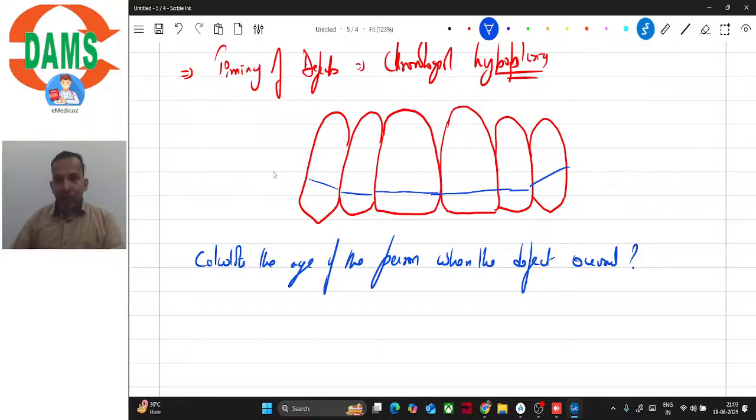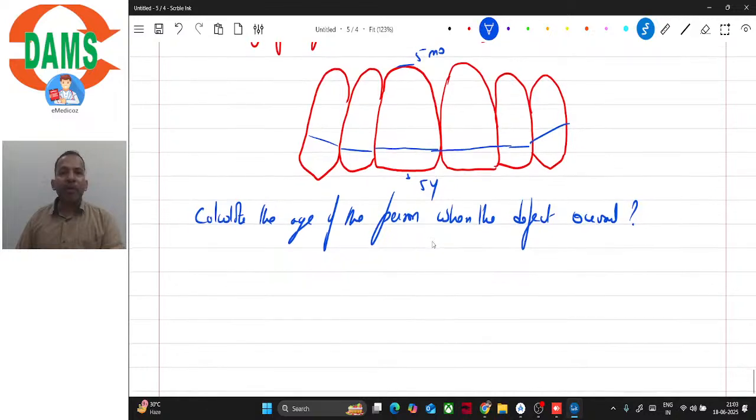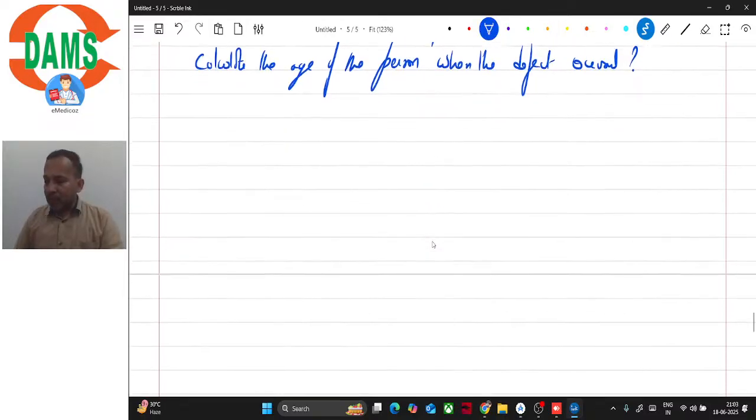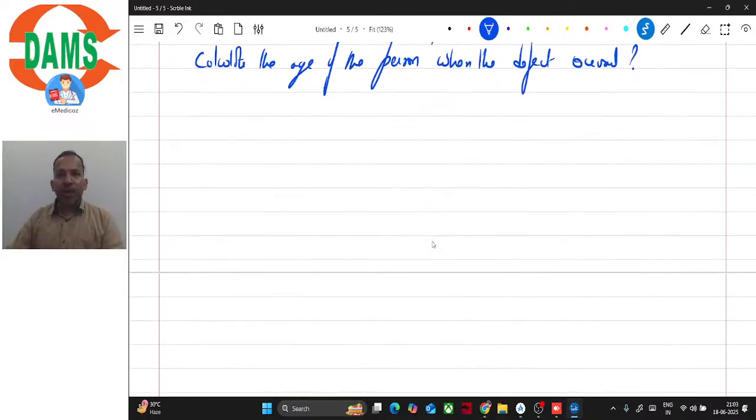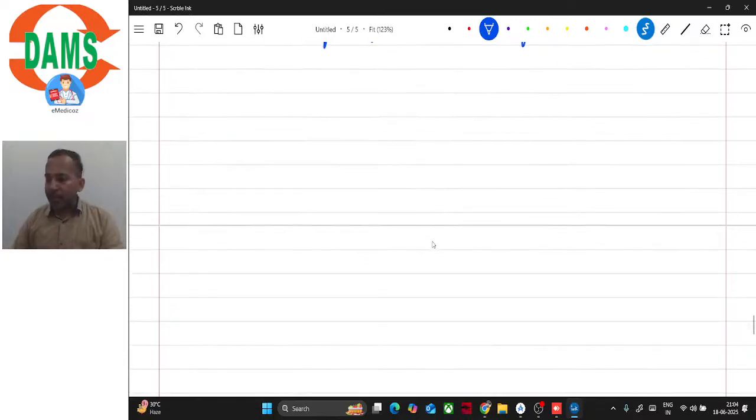So the safest tooth to do this is the maxillary central incisor, isn't it? We know that the central incisor initiates at about 5 months and completes at about 5 years. We have seen that the initiation is approximately 3 to 4 months for incisors, and the completion is at 4 to 5 years. So instead of writing 3 to 4 months at initiation and 4 to 5 years at completion, what we can do is,